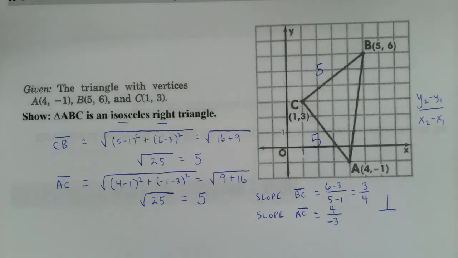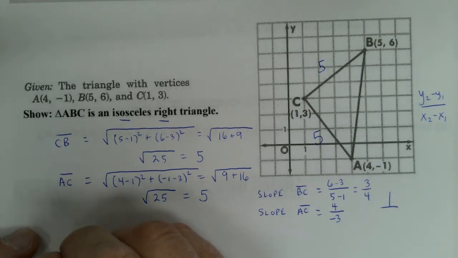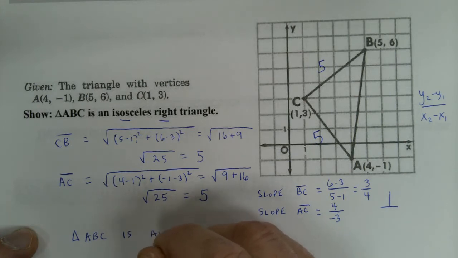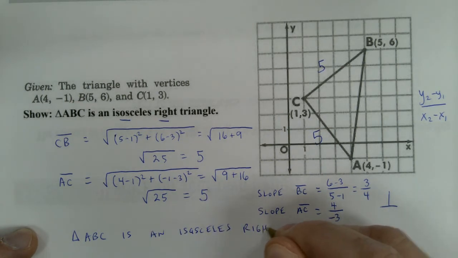Now, the last part of this is your explanation. Sure, we've showed now mathematically that this is an isosceles right triangle. But to complete our proof, we need to make sure that we explain why it's an isosceles right triangle. Okay, so I'm going to write a sentence here. I'm going to say triangle ABC is an isosceles right triangle